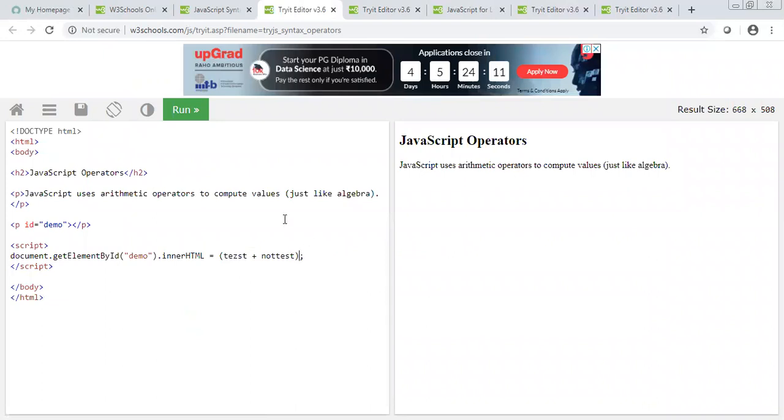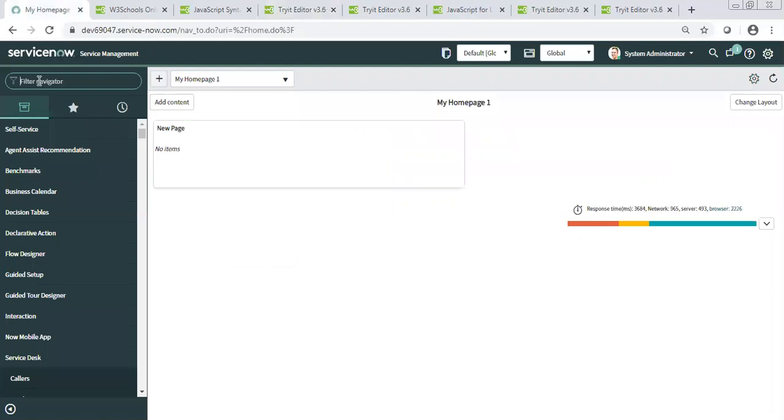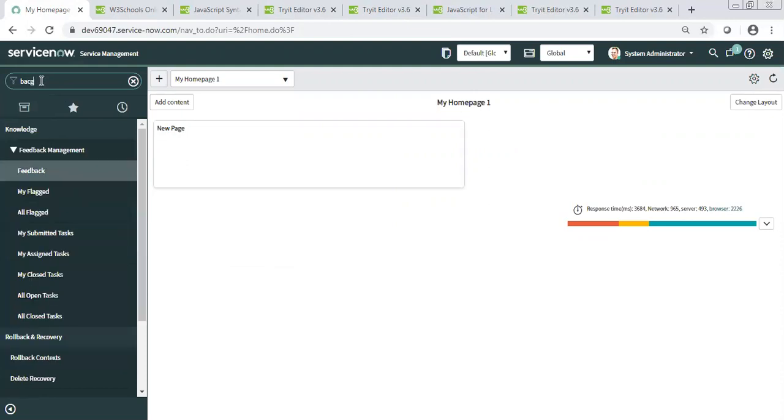These operators run on numbers only. But in ServiceNow, it will concatenate the strings. Concatenation is basically if you need to print something by adding two strings.